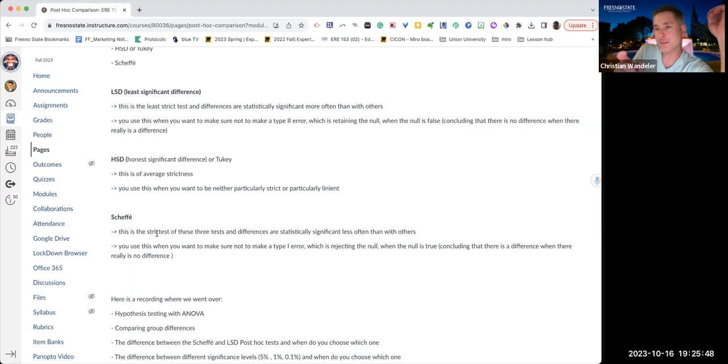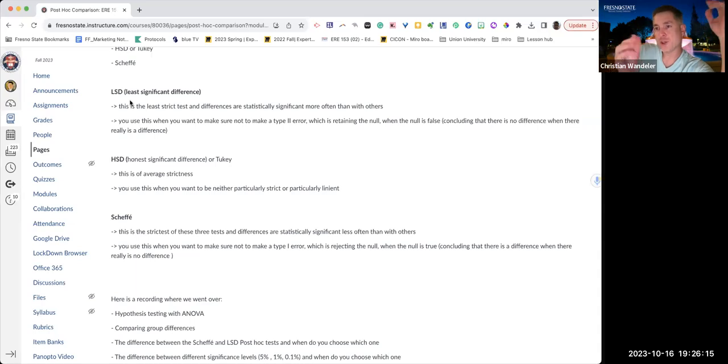And you will see this when you run the ANOVA for your practice examples and you select the different tests. You can see the mean difference between the groups is always the same. But the probability, the p-value, the significance, right? That number will change, right? And with the LSD, it might be